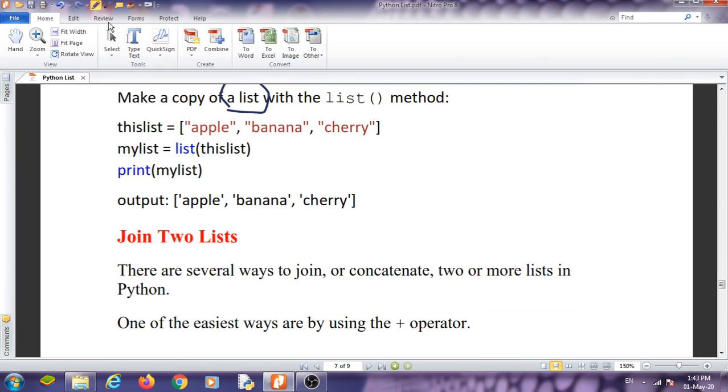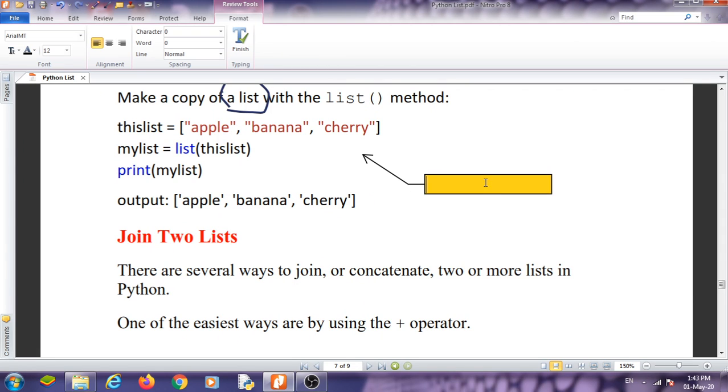For example, I am using lst equal to 2, 4, 5 and lst2 equal to list of 3, 5, 7. What is the difference between both?